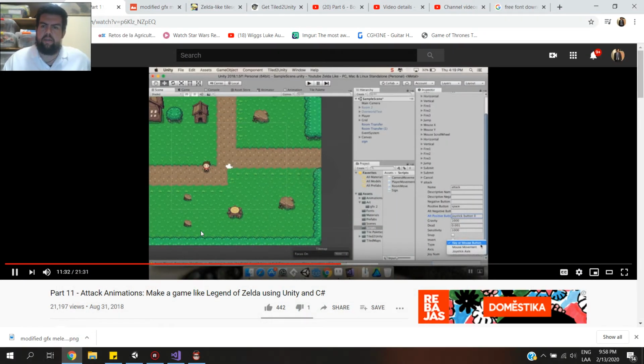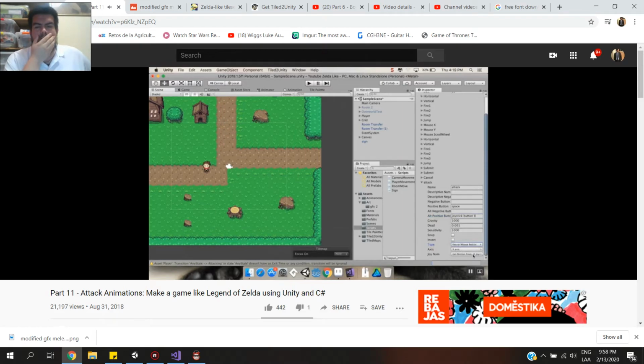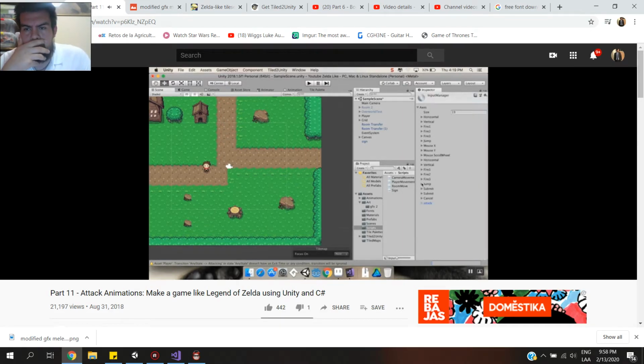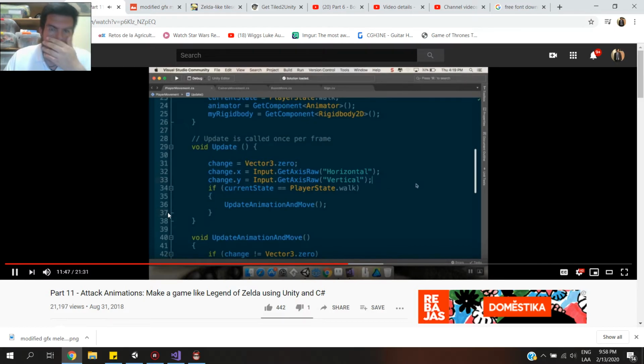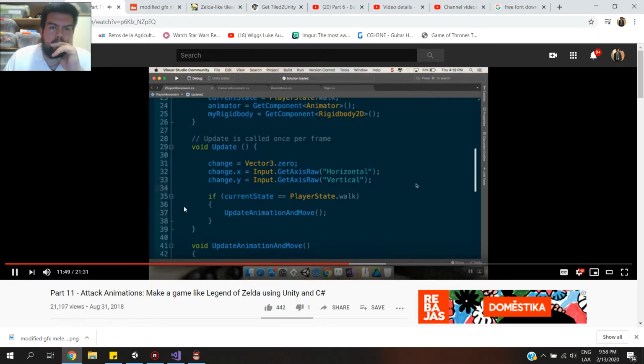Put a space. Yeah, I'm fine with it being a key or a mouse button. And yeah, that's good. So that's our attack. We just need to remember quotations attack. So if we go back into our script here, I'm going to add another if statement. So I'm going to say if